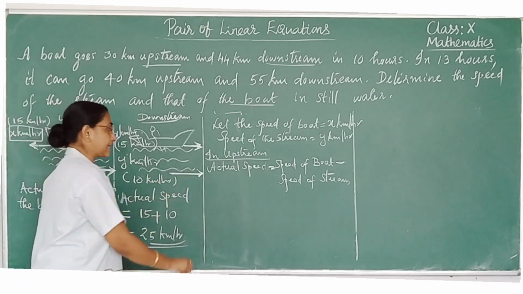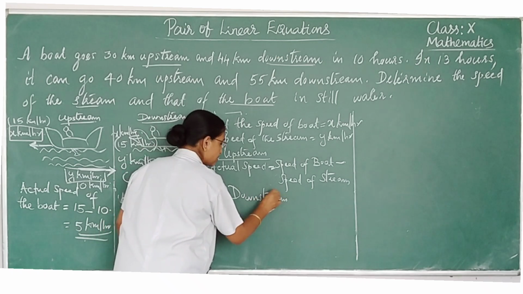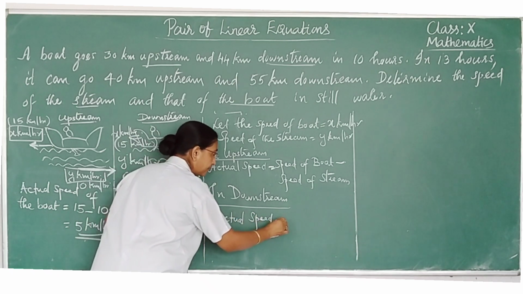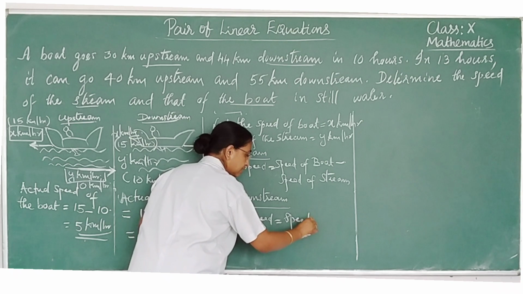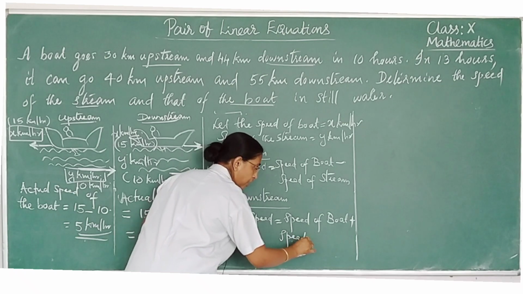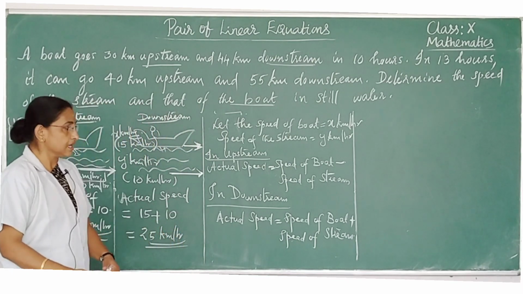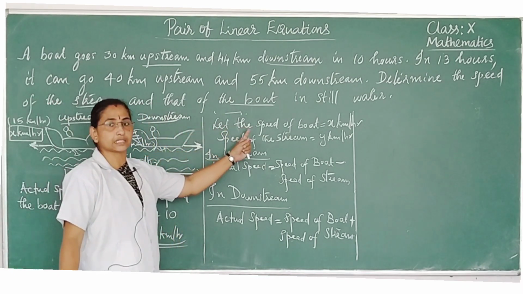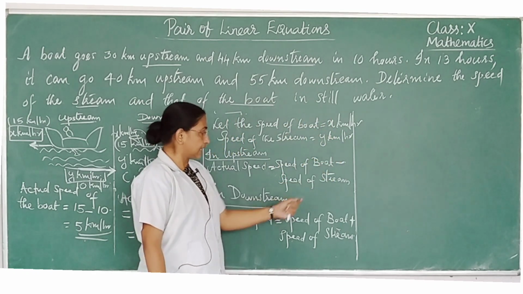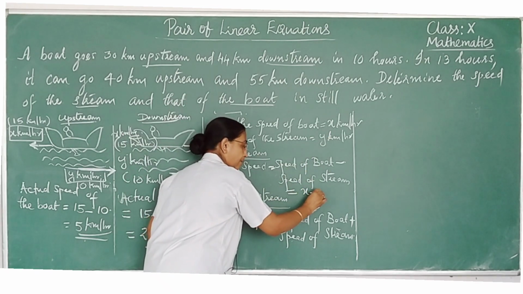So in general, we can generalize it. In the downstream direction, the actual speed of the boat will be equal to the speed of the boat plus the speed of the stream. So during exam time, no need to write this much. You can directly write this step as: let the speed of the boat be x km per hour and the speed of the stream be y km per hour. In the upstream direction, you can directly write the speed as x minus y